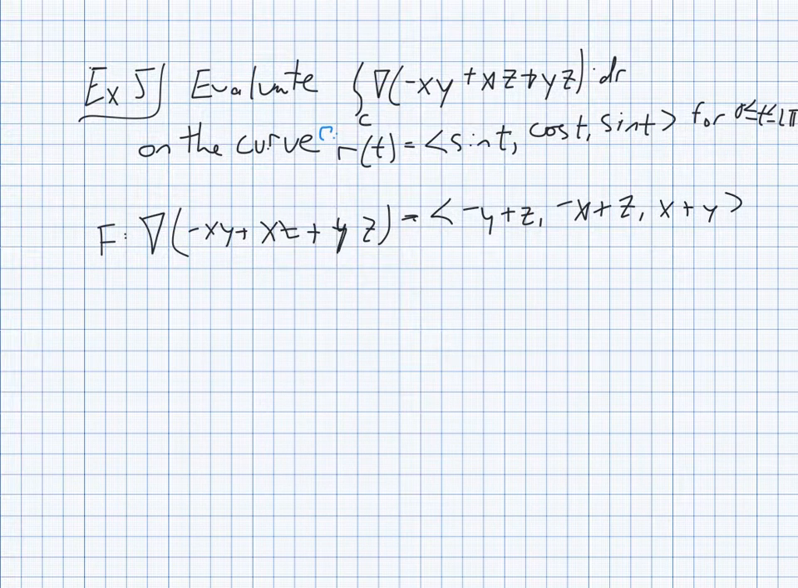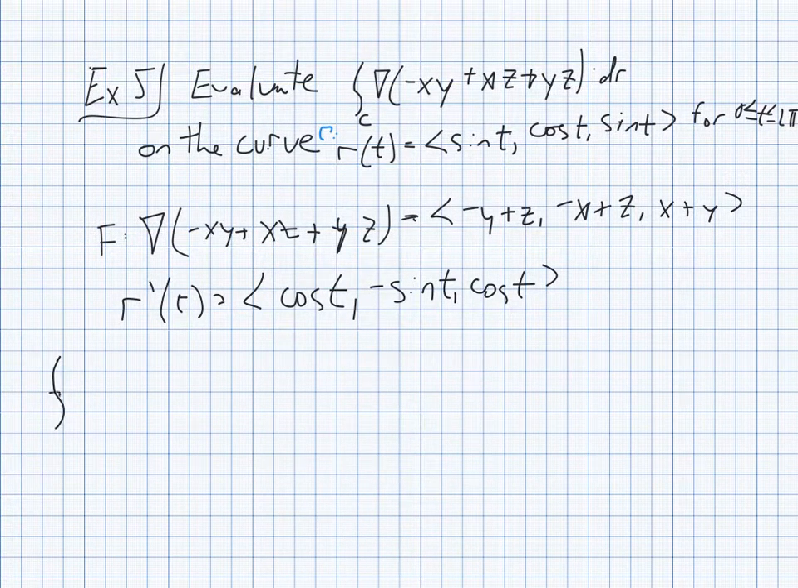We're going to take our curve and find r prime. R prime is cosine t, negative sine t, cosine t. And those two get substituted into our integral. So what we have for our integral in this one, now remember it is an integral over a closed curve. So we have the integral sign with a circle on it, integral over a closed curve of f